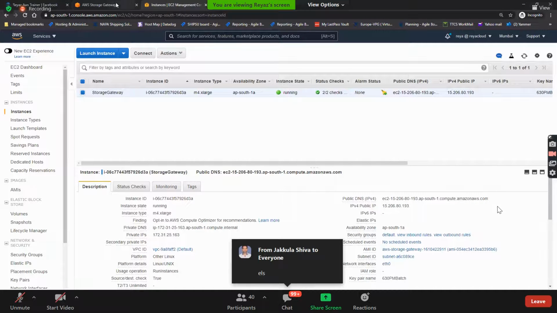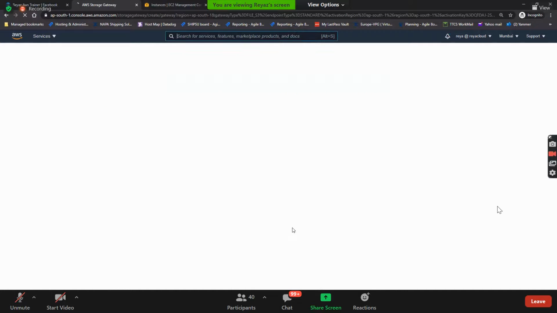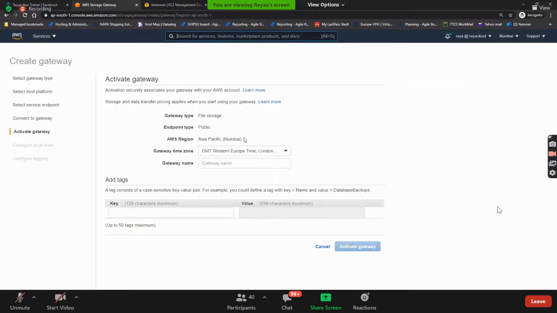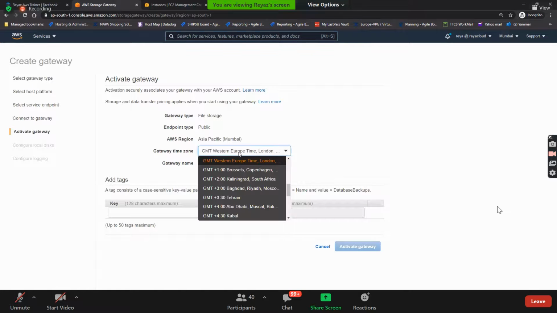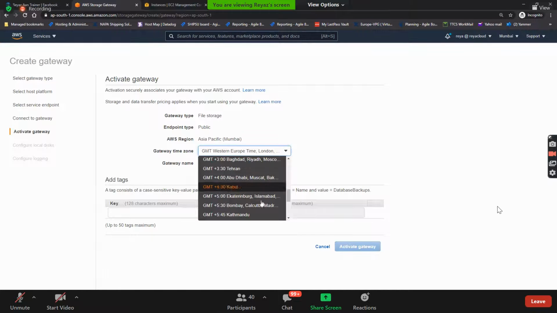Let's go to storage gateway and put the IP address that I have copied and connect it. See guys, it's connected now. In your actual environment, you need to give the virtual on-premises storage gateway IP address, right? But here we have given the EC2 IP address.